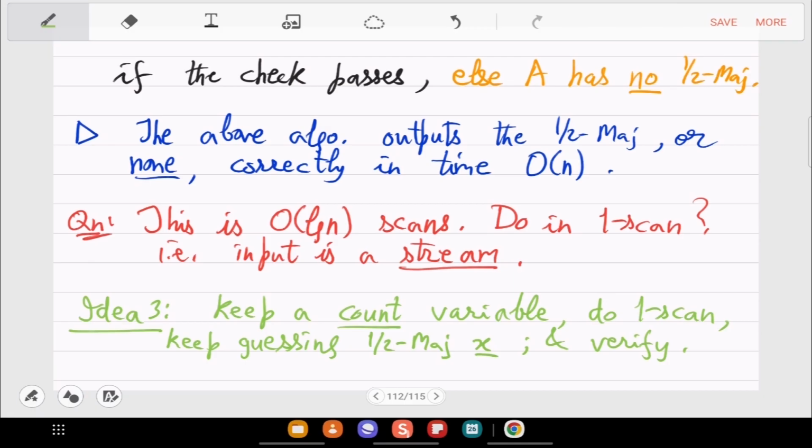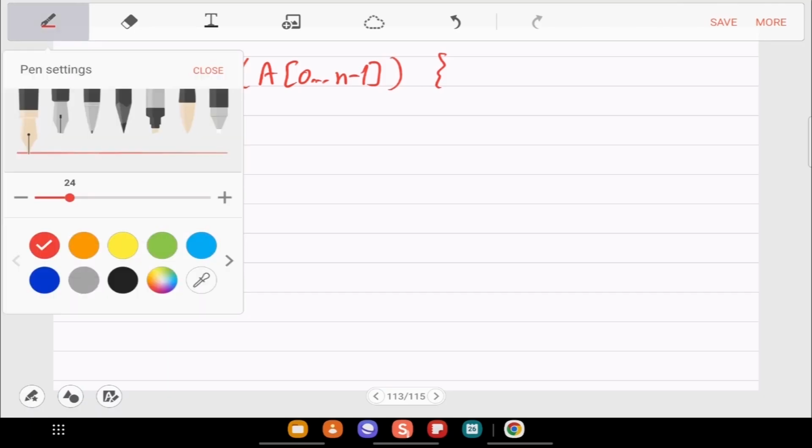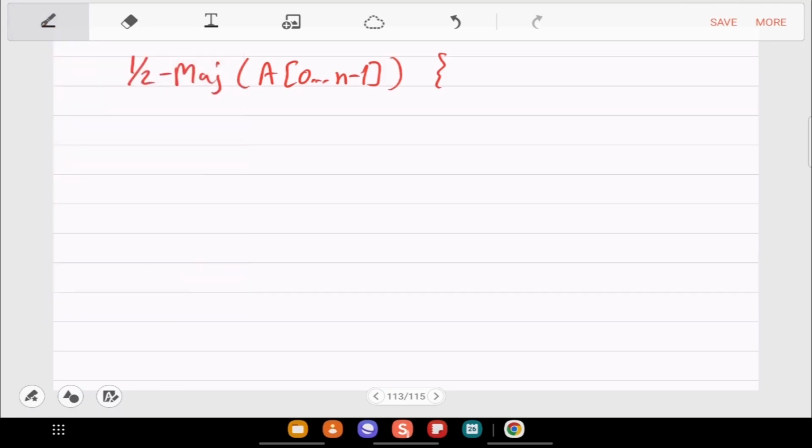So let's jump to the pseudocode for this. So count is 0, and x is just declared.